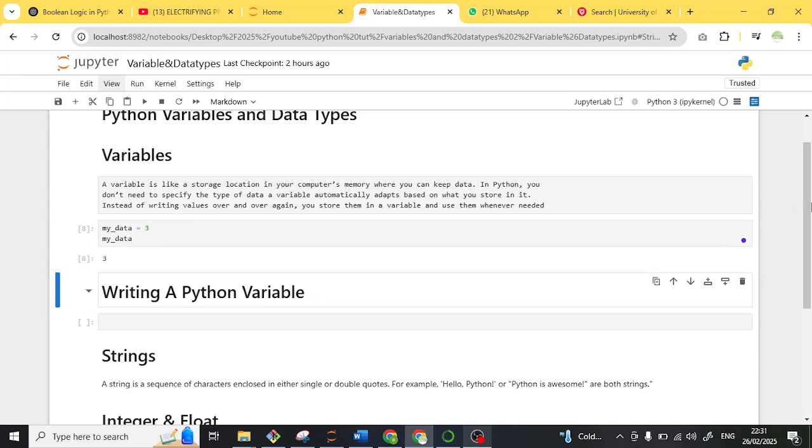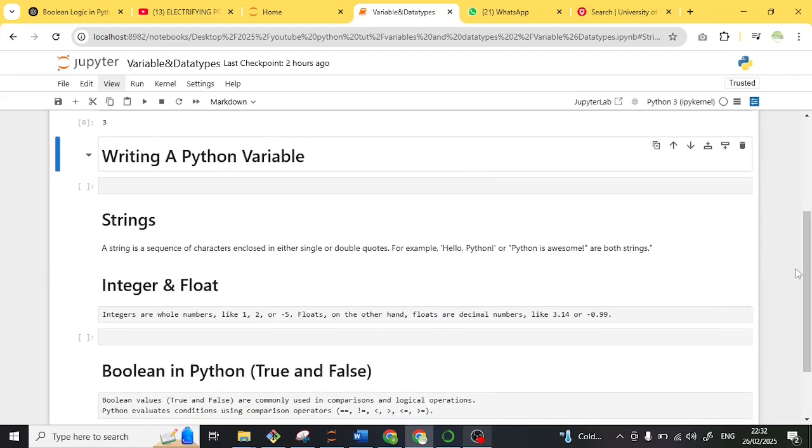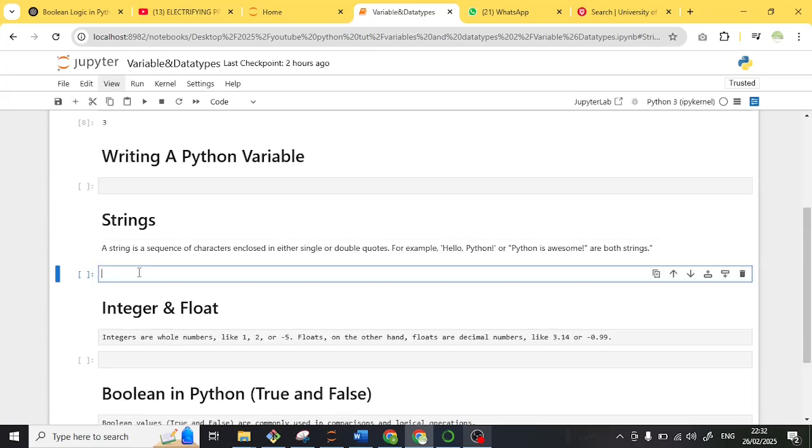So let's go now and look at strings. A string is a sequence of characters enclosed in either single or double quotes. For example, this, hello Python, or Python is awesome. These are all strings. To create an example of a string,